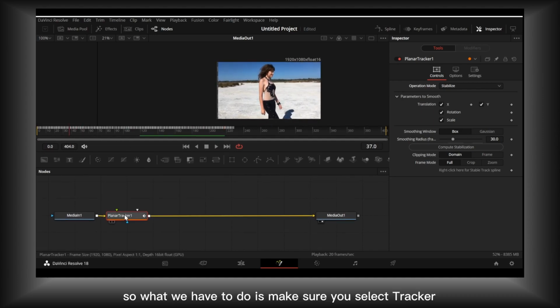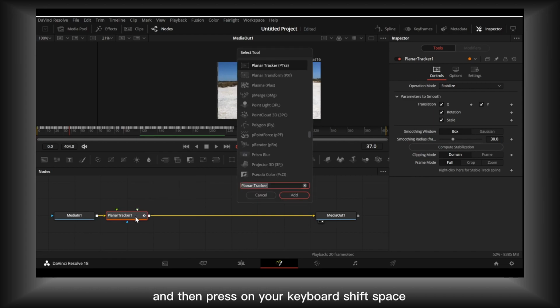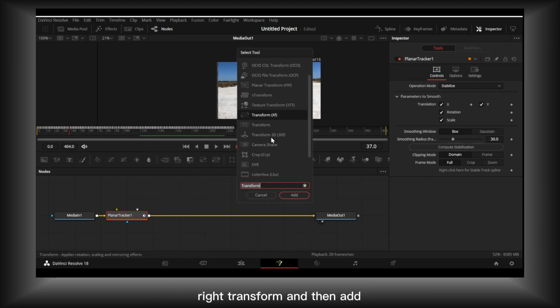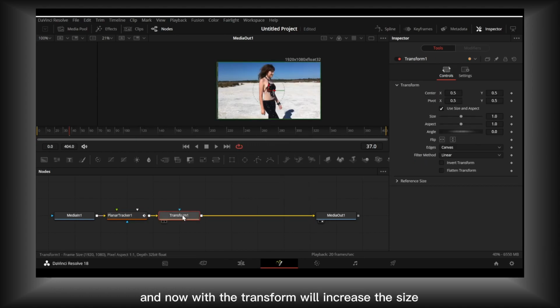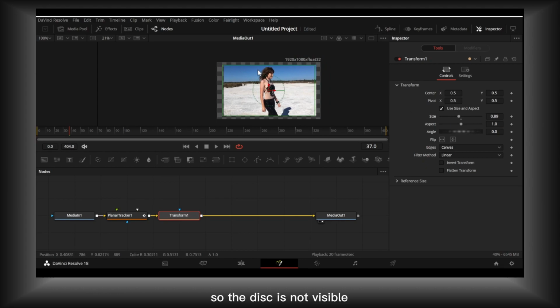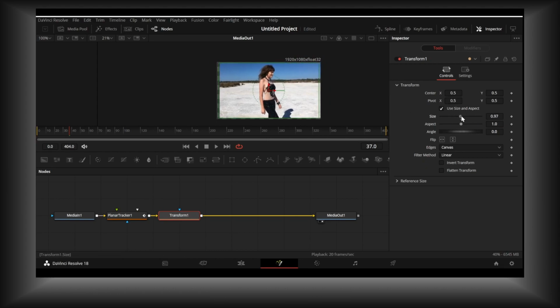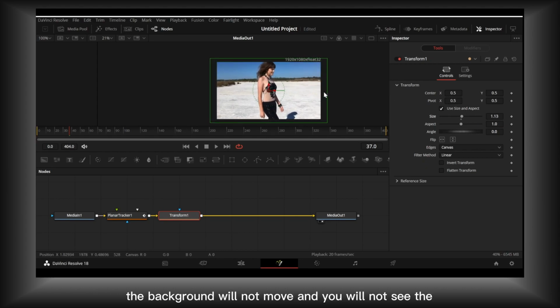So what we have to do is make sure you select planar tracker, and then press on your keyboard Shift plus space, and here please write transform and then add. And now with the transform we'll increase the size so this is not visible. The background will not move,